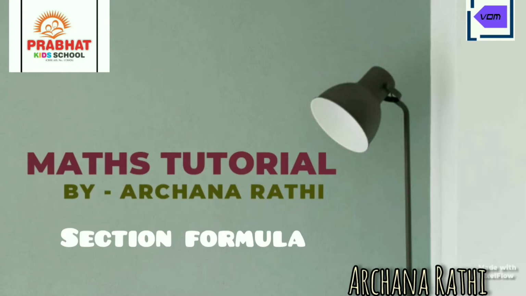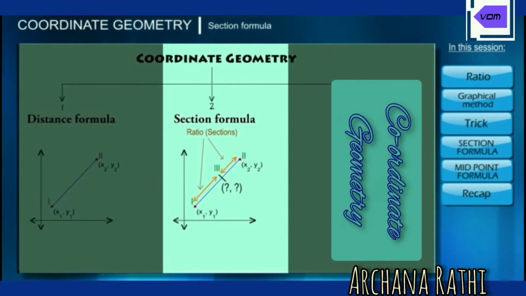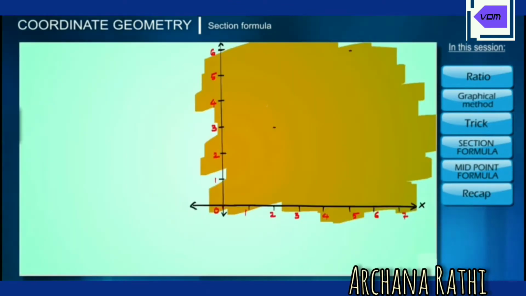In this video we are going to learn two concepts, that is distance formula and section formula. But in this video we are going to focus mainly on the section formula and what is the need of section formula. For that, consider these two towns A and B. We know the position of these towns, that is the coordinates of the towns. The coordinates of town A are 2 and 3 and B are 5 and 4.